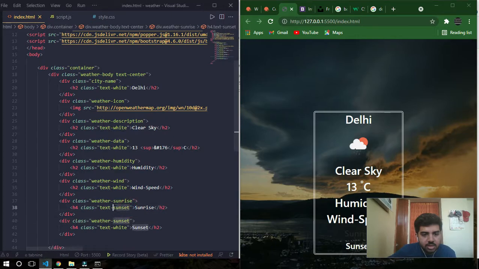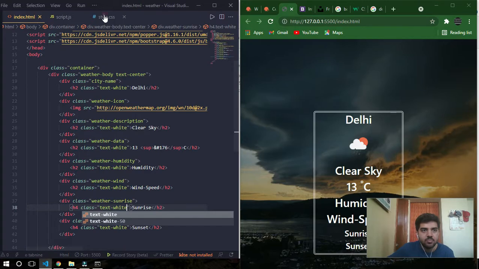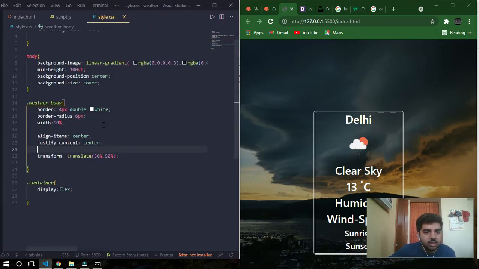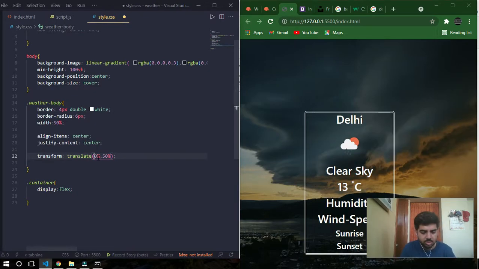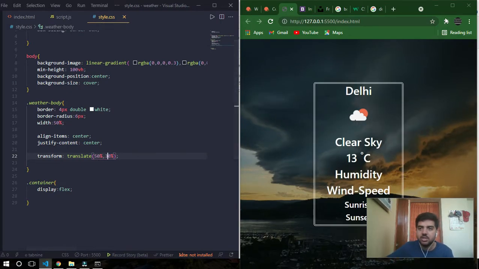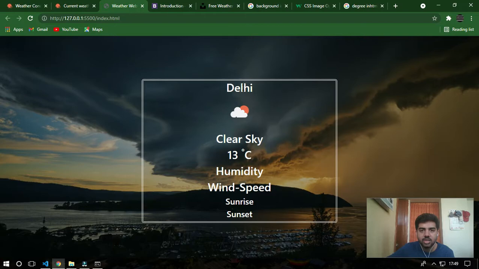H4 is like text white. So is there anything, okay, translate, I'm gonna say 40%, oh sorry, 50%. Okay, so we are going to get Delhi, the city name, then the data. I guess these raining dots are not visible. What can I do?